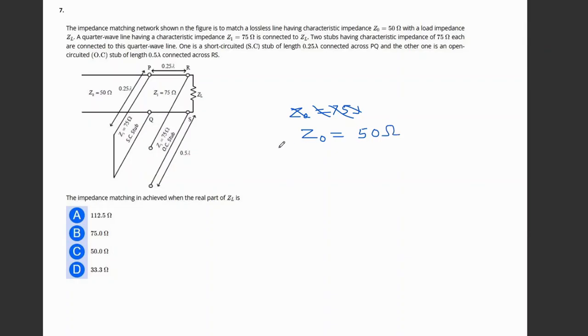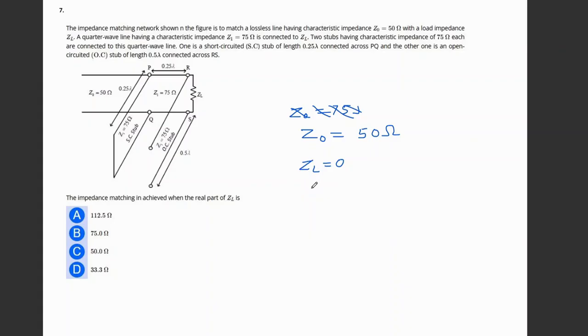So the load of that transmission line should be 50 ohm for the impedance to match, so that there is no reflection. Now there are two stubs here, one at PQ, the other one at RS. The stub at PQ is a short circuit stub, and we know that the load is zero,